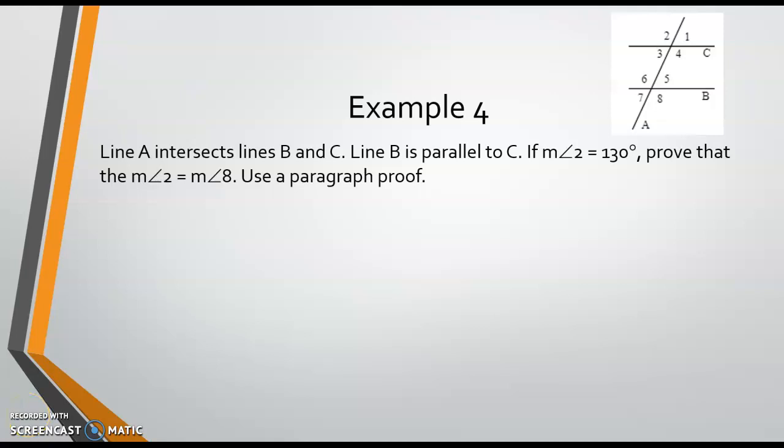All right, so we're asked to, as we read this at the bottom, use a paragraph proof to prove it. All a paragraph proof is, is taking our statements and our reasons and creating complete sentences with them. And so we use words like "therefore," or "given that," or "by the definition of," as we write a paragraph proof. So one thing that could be helpful is you could write a 2-column proof and then turn it into a paragraph proof,